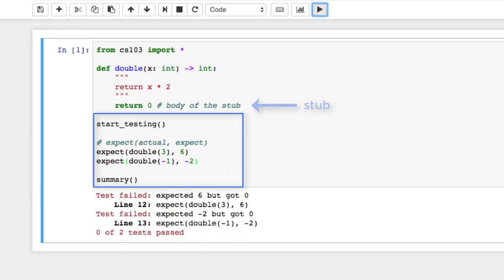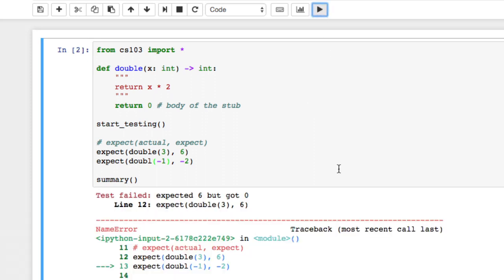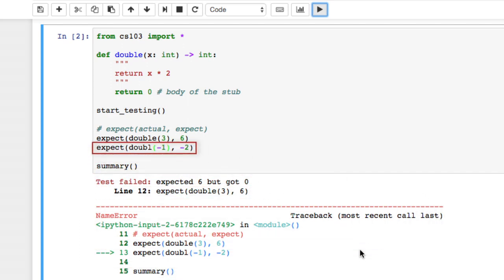I'll run this code and we'll see that both of our tests failed, but we did not get any syntax errors. If we did make a syntax error here, perhaps a typo, we want to fix the error as soon as possible. Running the code will allow us to see that we made a syntax error and we need to go back and fix it. It's always easier to fix errors one at a time, shortly after you make the error, than it is to wait until the end of the function design and try to fix them all at once.